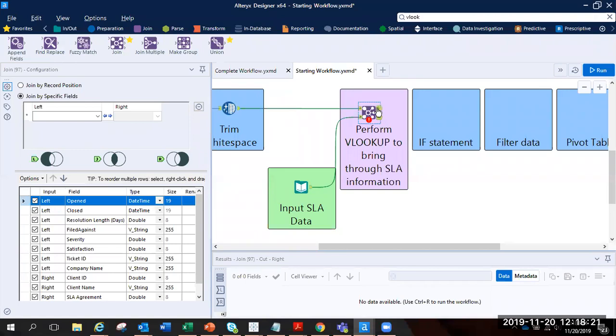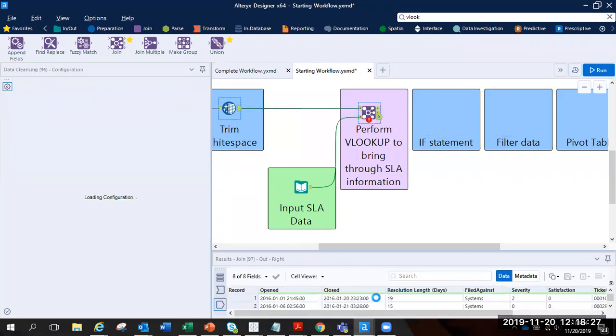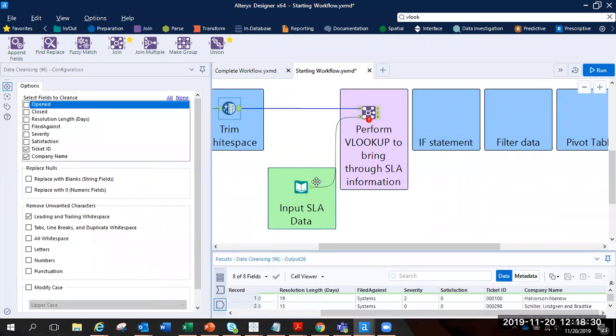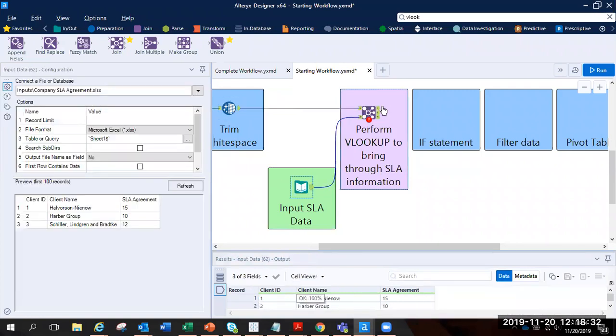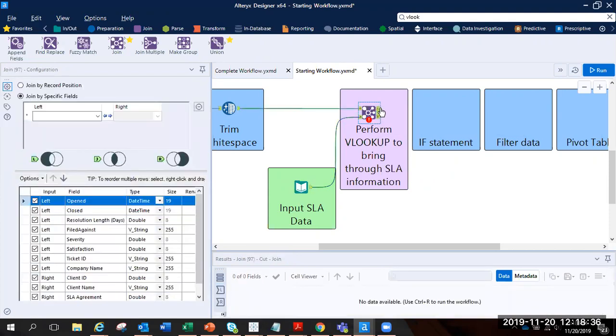So what this will let me know is if I do a join, if anything doesn't join, if let's say, for example, one of the company names in this file doesn't match one of the client names in this file, then it's going to drop out and it's not going to come out of the join. Instead, it will come out in the left output because there isn't a matching name, so there isn't anything to create that match with. So now here, I'm going to select company name and I'm going to select